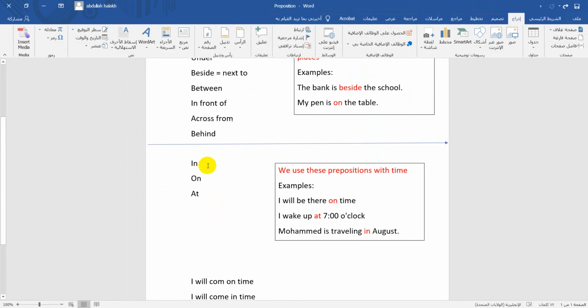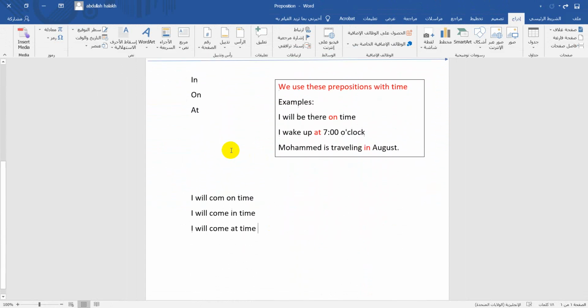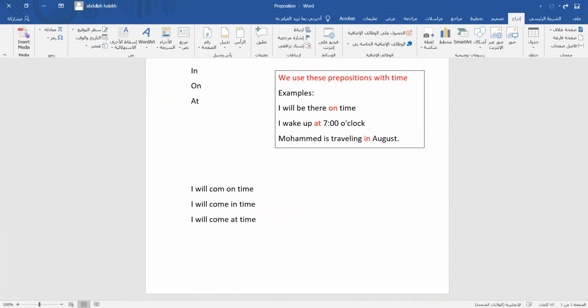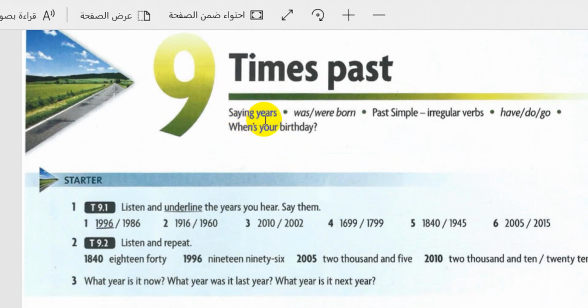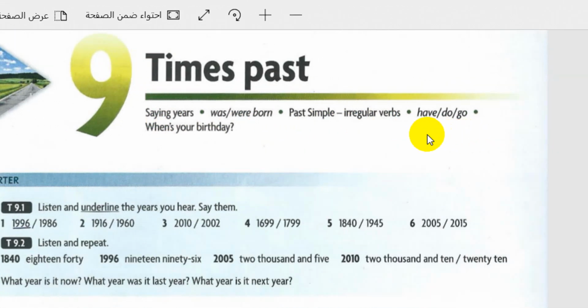Okay guys? إذا هذه هي الحروف الجر الخاصة بالمكان والزمان. طيب. Now we are going to talk about times past, which is past simple tense. Here we have saying years, ذكر الأعوام, was and were with born, كان ويكون في الولادة. Past simple, irregular verbs, الأفعال الشاذة في الماضي التام: have, do, go, هذه بعض الأفعال. What's your birthday? ما هو عيد ميلادك؟